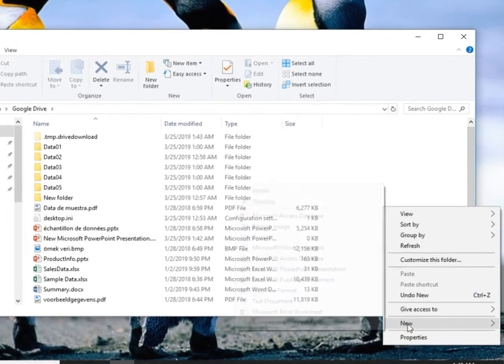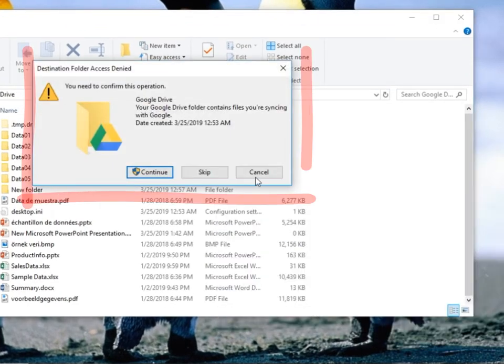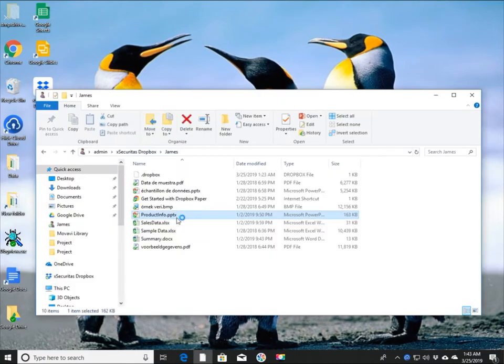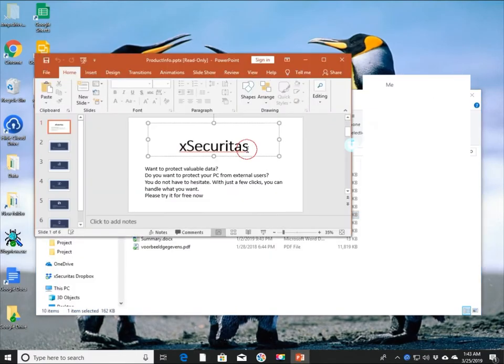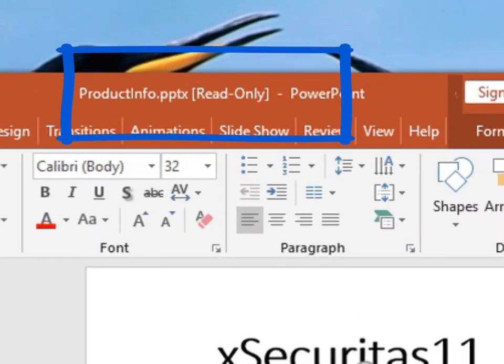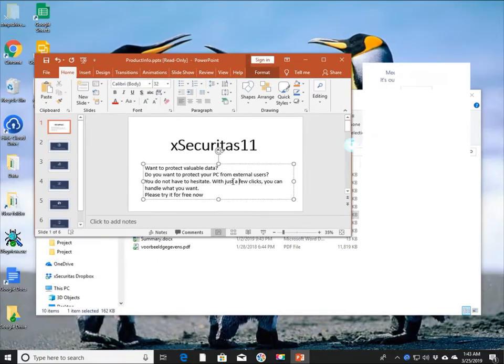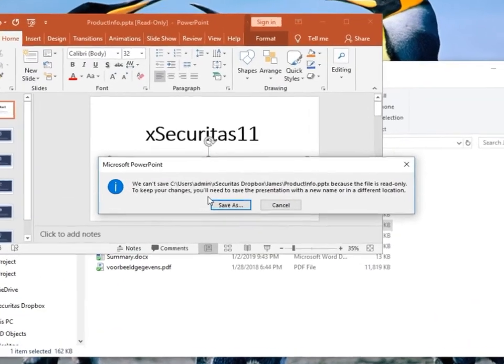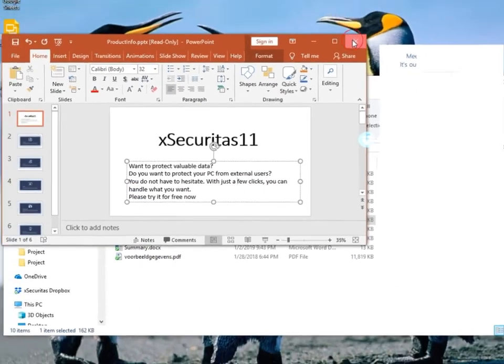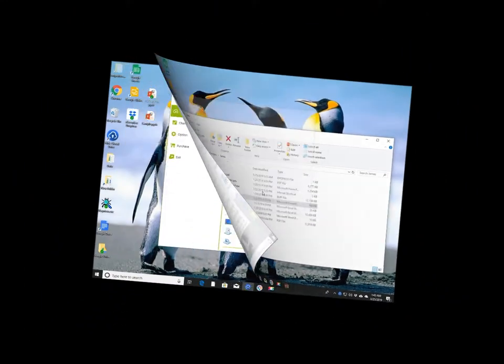In the log-off state, you can view files in Cloud Drive, but you cannot create or modify files. Likewise, you can open PowerPoint files in the Dropbox Cloud. However, it will be opened in read-only state. As a result, you cannot modify files in Cloud Drive. That is, it can be opened only in read-only state.